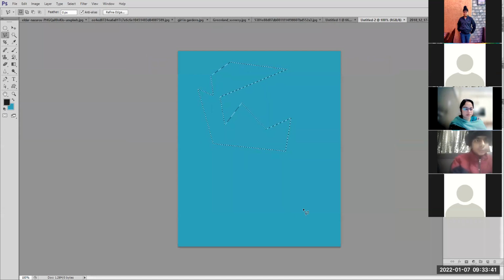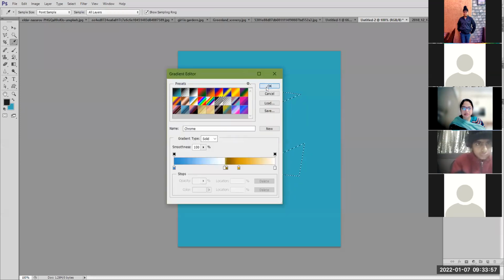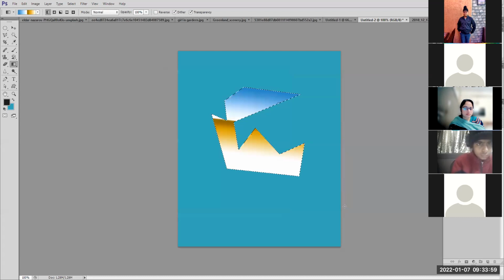Like this. Okay? I can use the move tool to move the selection. I can delete this area, or I can fill it with some text, gradient or texture or anything else. Okay? Clear? Polygonal lasso tool.